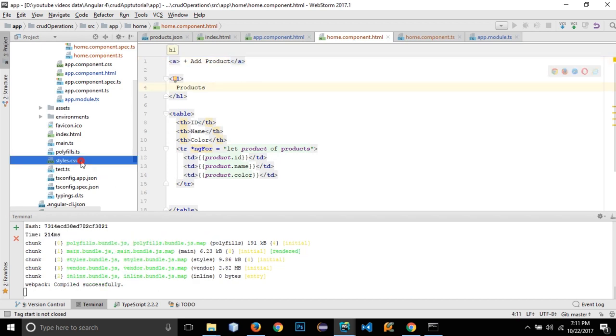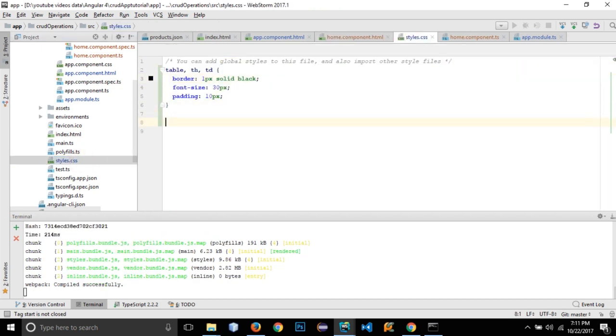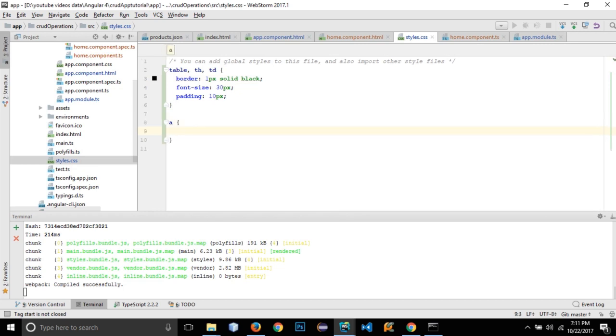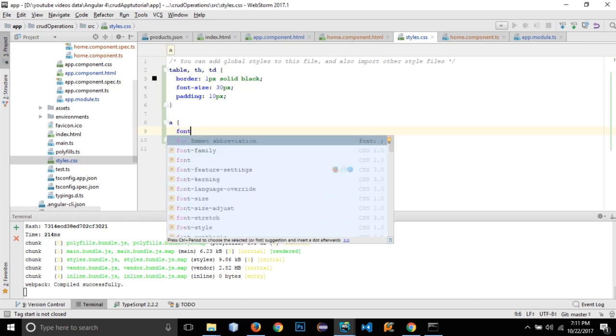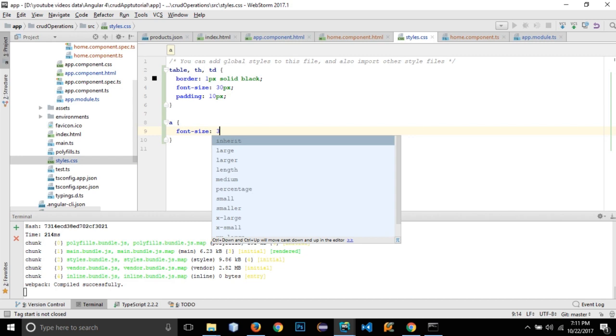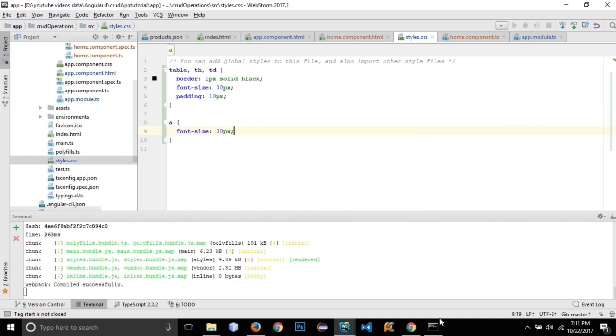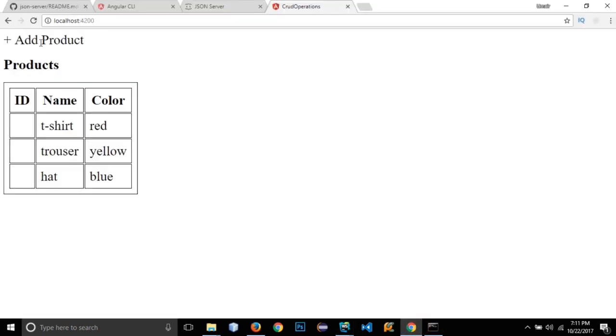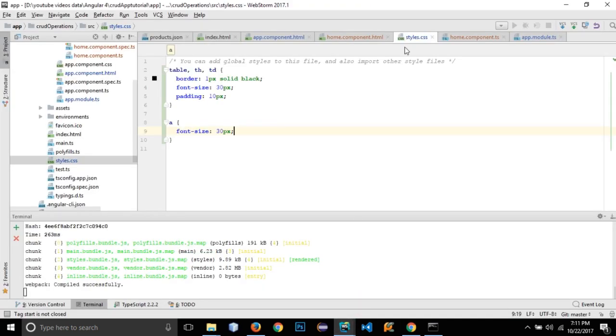Okay, so let's open up the styles.css and to a, font size 30 pixels. So let's navigate. So our link is right here. Right now I can't click on it because I need to write href for making this work,